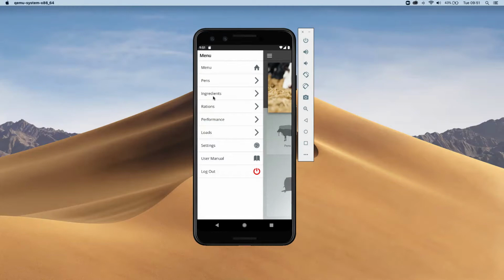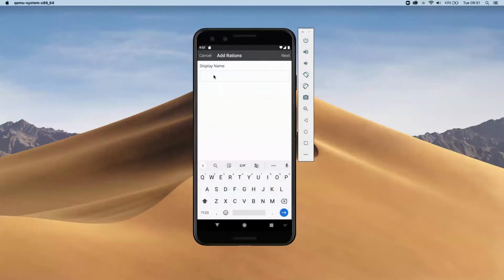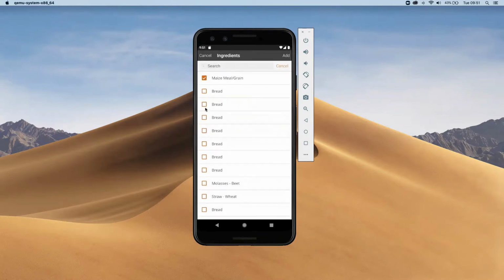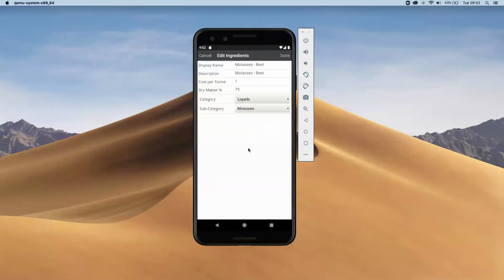I think I could show you how to add a ration or create a recipe. If I was to just go through this, I add a name. Again, like I said, this is the average weight of the animal that this recipe will be for. Obviously, you have to bear in mind that on the newer customer version, this is for one individual animal. So if it was a 500 kg animal, I can add whatever ingredients I want to that. We've got a lot of duplication here, but that's okay. And we get those added in. We put in our quantities for each animal.